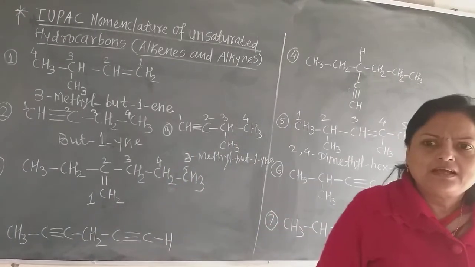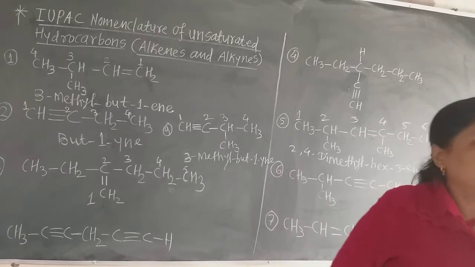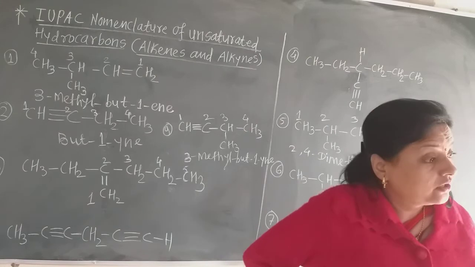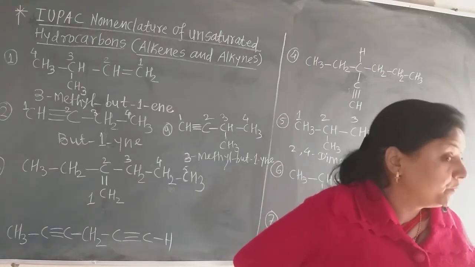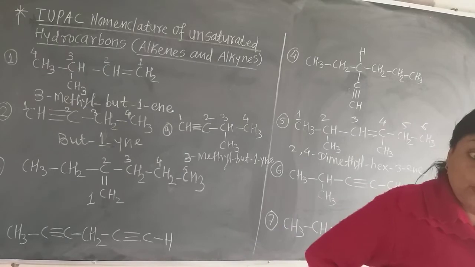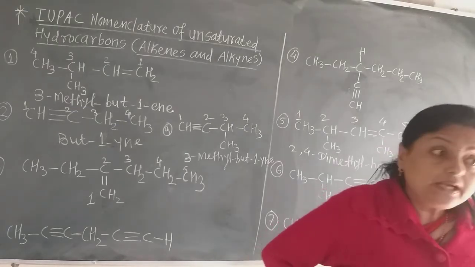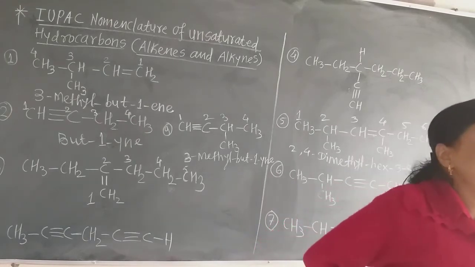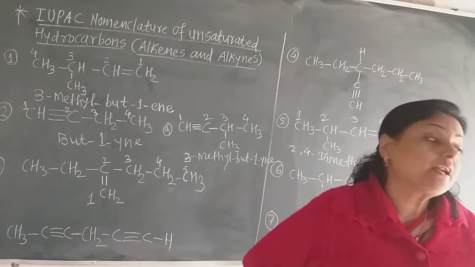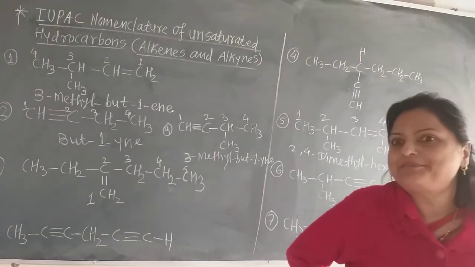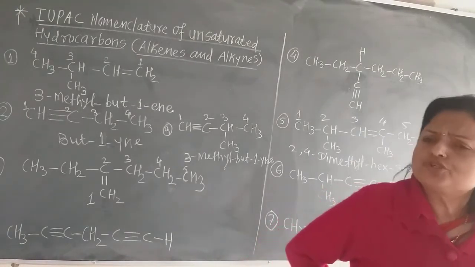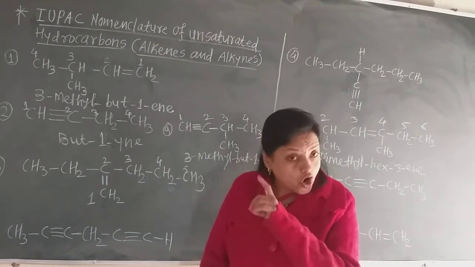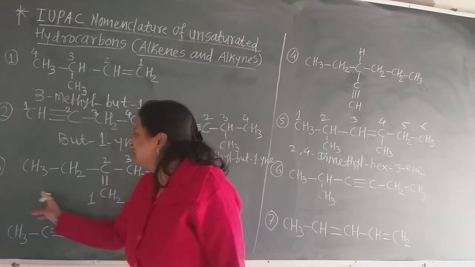That is the ethyl. Now most of the students up to this point do not understand or cannot say which alkyl group is there. I give you the chart of the alkyl groups. You must know the alkyl groups orally. You can practice on a slate or any rough pages, but you must identify the alkyl groups. Only one student said that this is the ethyl group. That is not fair. You all must know about this ethyl group.